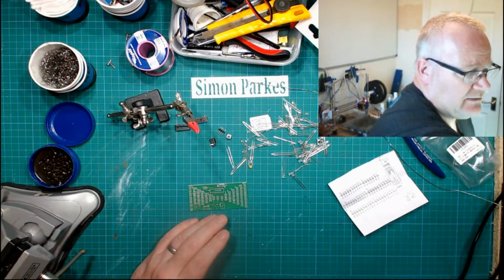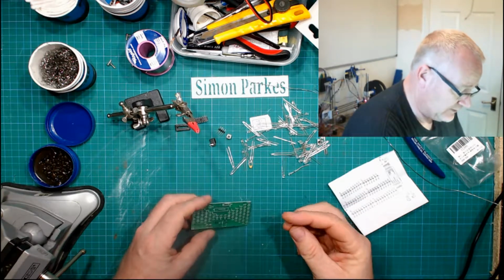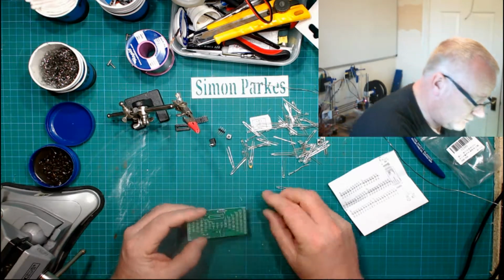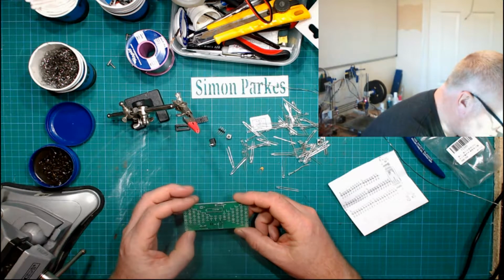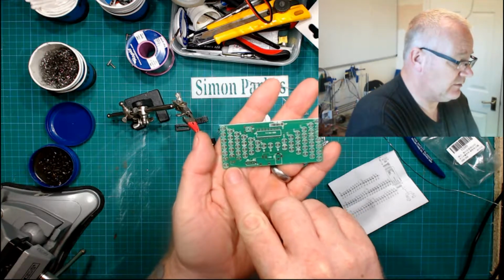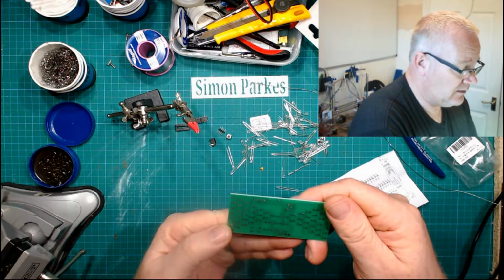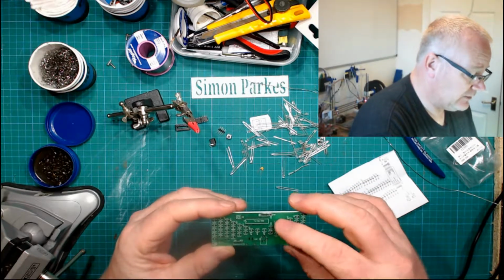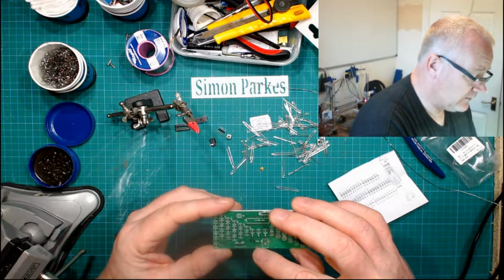I always keep handy little bits of paper or little cheat sheets, if you like, for want of a better way of putting it. It just makes life a bit easier. Now when you're doing... oh, we've got a little cap there as well. And we've got some issues there on the silk screen, so I'm not sure. I'm going to guess that that needs to be an LED. It's going to have to be, isn't it? Yeah. But there's no indication on the board